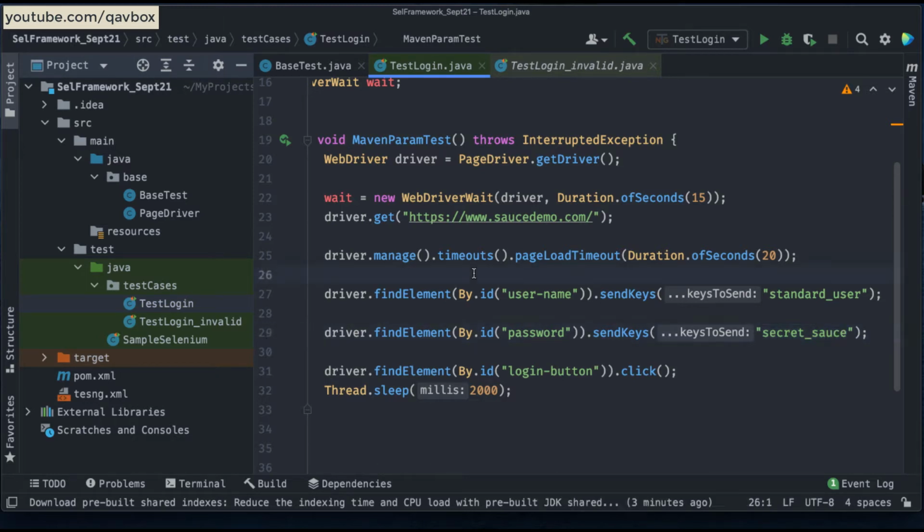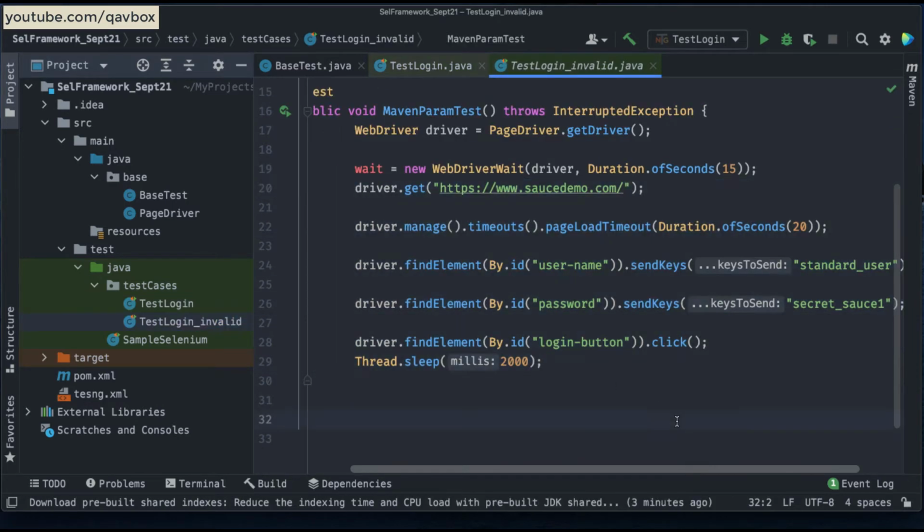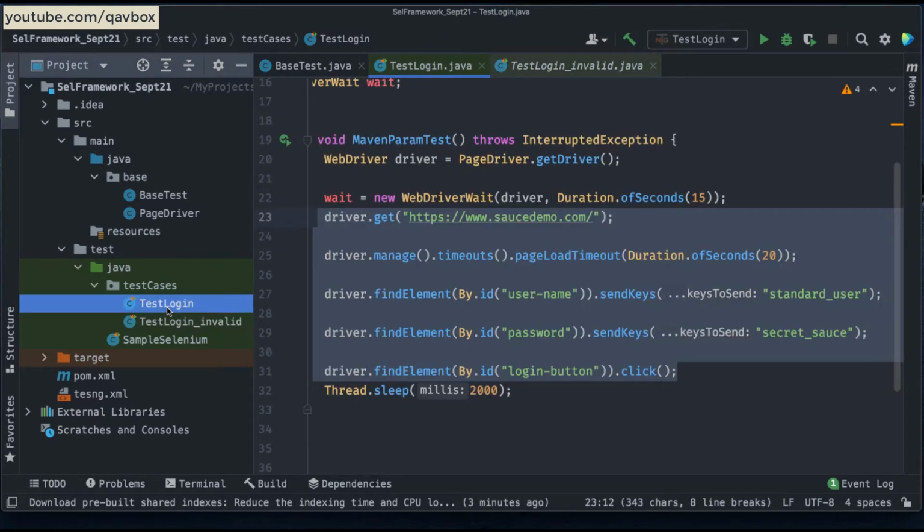Because we are always repeating the same thing, as you see, all these things are repeating here. The first thing that we are seeing is the driver.get. Any test cases that you're executing in a single run, the browser URL has to be unique, right? You don't want to have 10 test cases for Google and then 10 test cases for Facebook. It is not like that. In one run, the URL is fixed, meaning the application under test is fixed. For sure, you will do different navigations, but the actual URL or application remains constant, right?